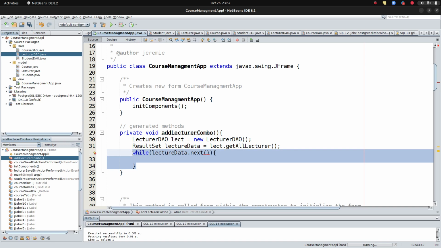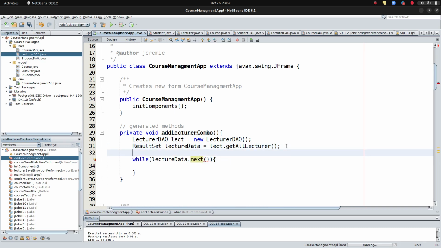catch, because it deals with the SQL queries and so on. Just assuming that comes from that DAO, it might have a null value. It might have some data that are inconsistent. That is why we need to surround it with try and catch to avoid any kind of error that can be raised. So we're going to put try,